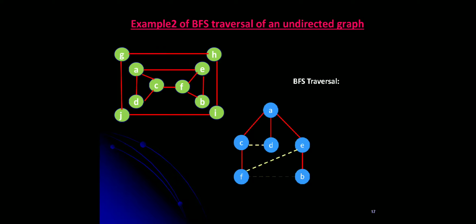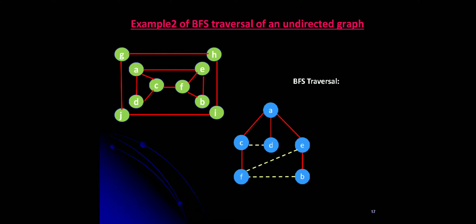And next, from F to B, we are going to write a cross edge. Since B is already visited, from F to B, we will write a cross edge. So first we started with vertex A. All the adjacent vertices to vertex A we just visited through the tree edge. And then from vertex C we started, adjacent vertices we wrote. Then from vertex D, then E.